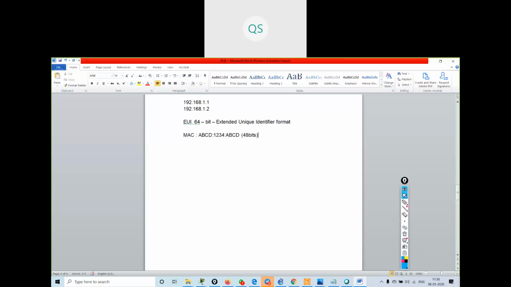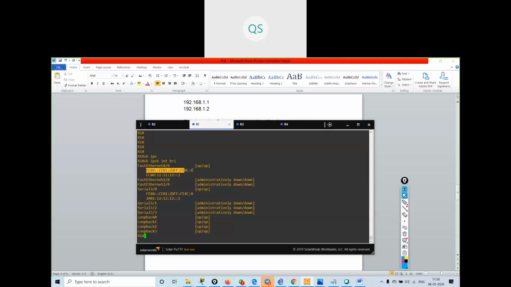And what I told you, my link local address, is how many bits? This is my 64-bit and this is my 64-bit. So 64 plus 64, how much? 128-bit address. Every IPv6 address will be of 128 bits.